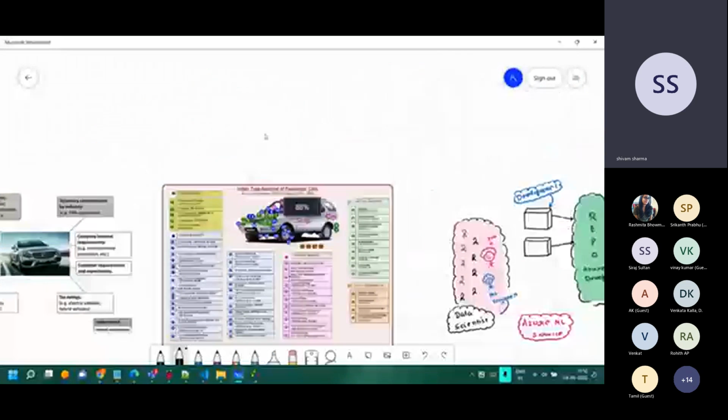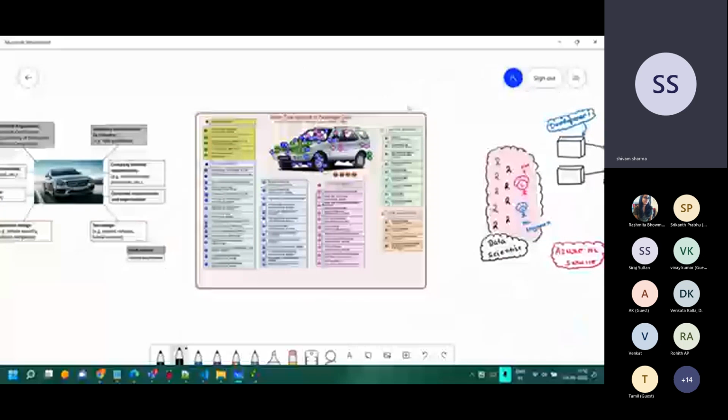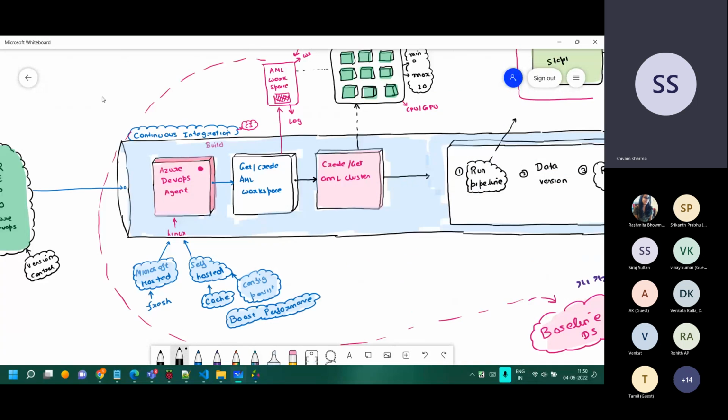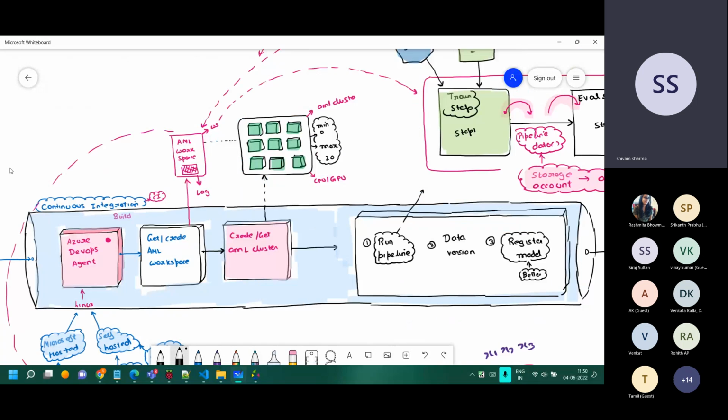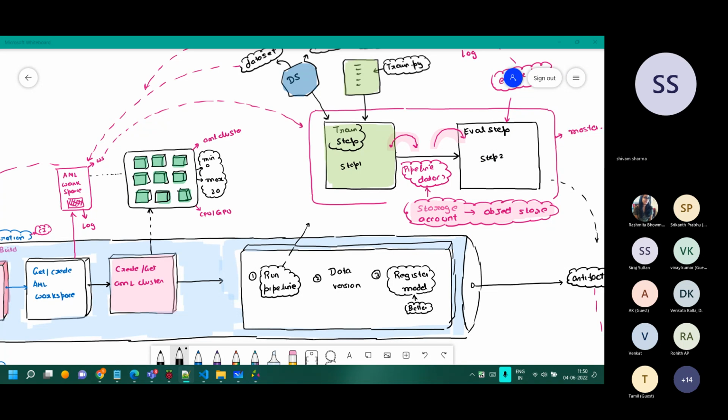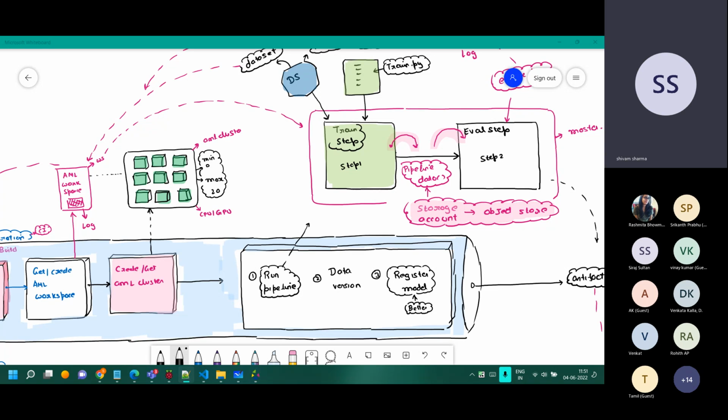What we have done is, Wide World Importers basically wanted us to set up the MLOps pipeline for them. The major things we have understood: we need the repository, we require the agent, and the thing should be versioned as such. What we are versioning is the steps, which can be executed sequentially or in parallel. And I just want to show you something which I didn't show you earlier.